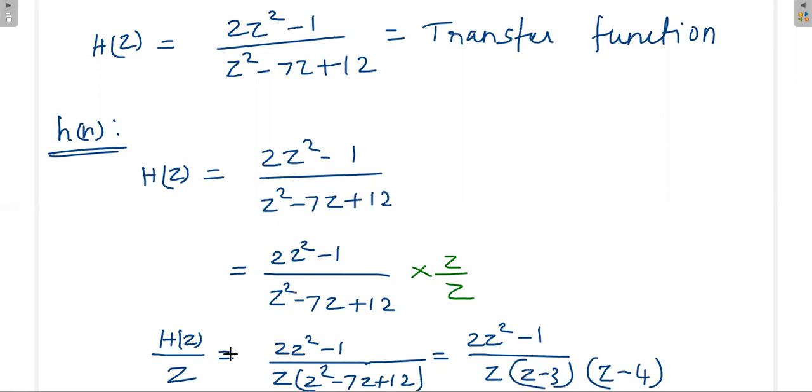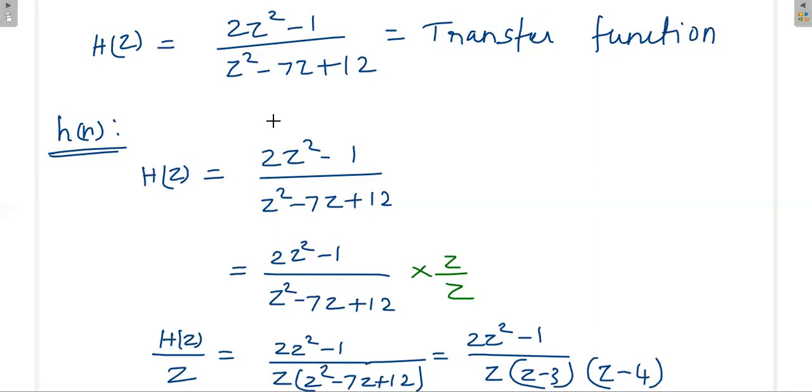It is very important, because whenever we find the inverse z transform, we should have one z in the denominator, so that we can easily take the inverse z transform. Otherwise it is difficult, we cannot apply the standard formula. To use the standard result, we have to go by this method whenever we are operating with the positive power. If you are operating with the negative power, then the scenario is a little bit different. That also we'll try to see in this problem.